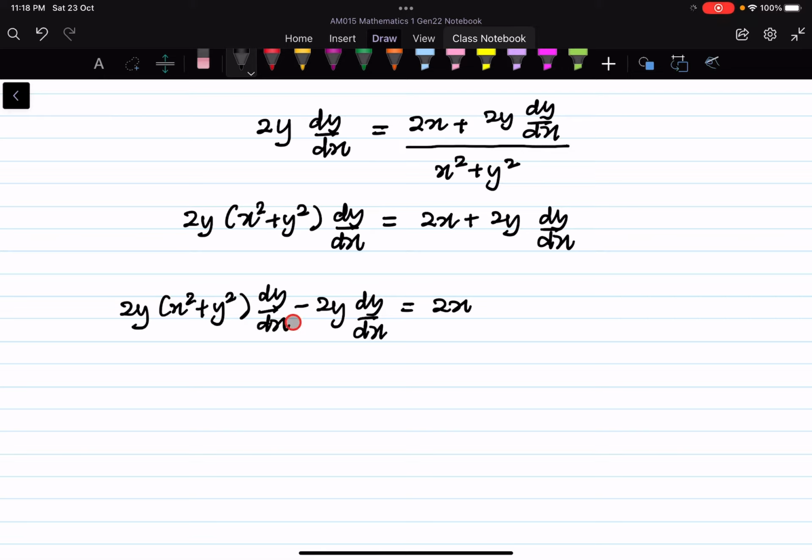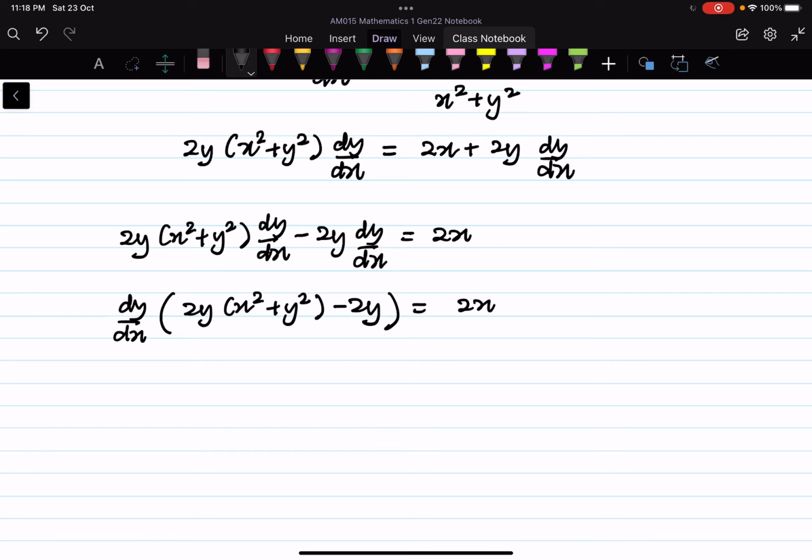We're going to factorize the dy/dx. So dy/dx times [2y(x squared plus y squared) minus 2y] equals to 2x. So we can write down dy/dx, cross multiply to the right hand side. So we're going to get 2x divided by